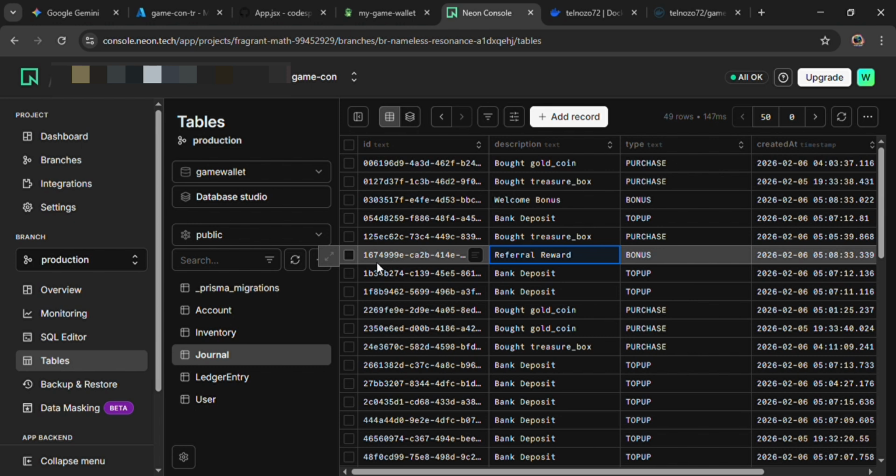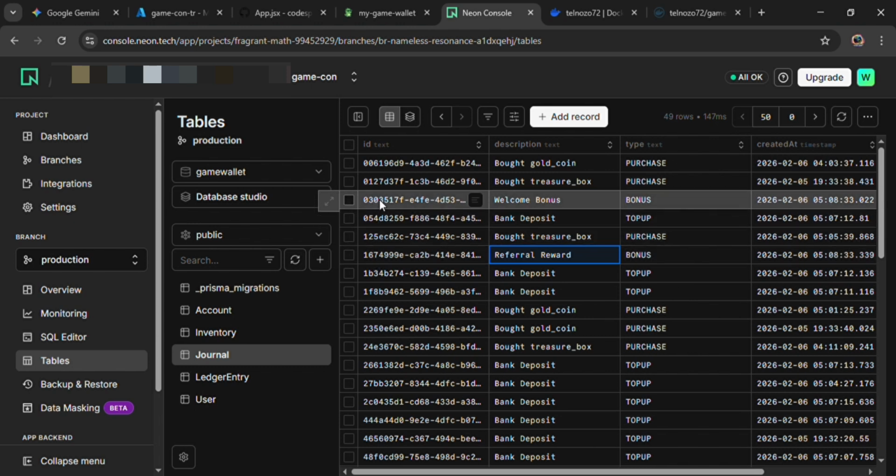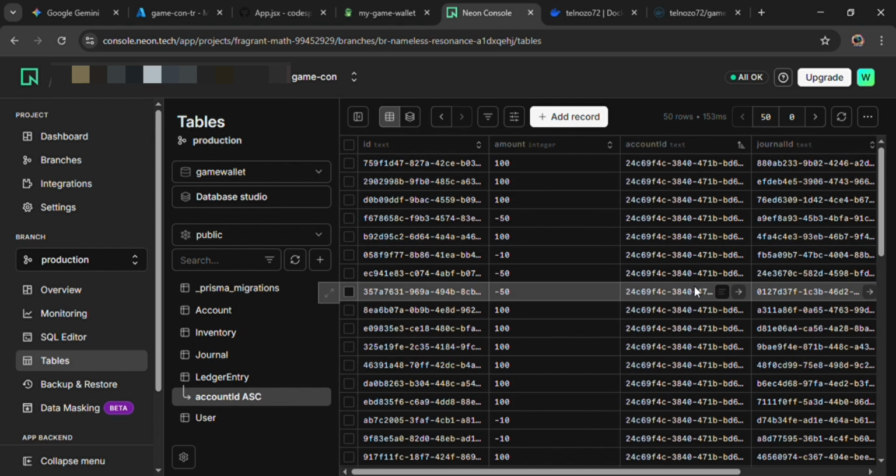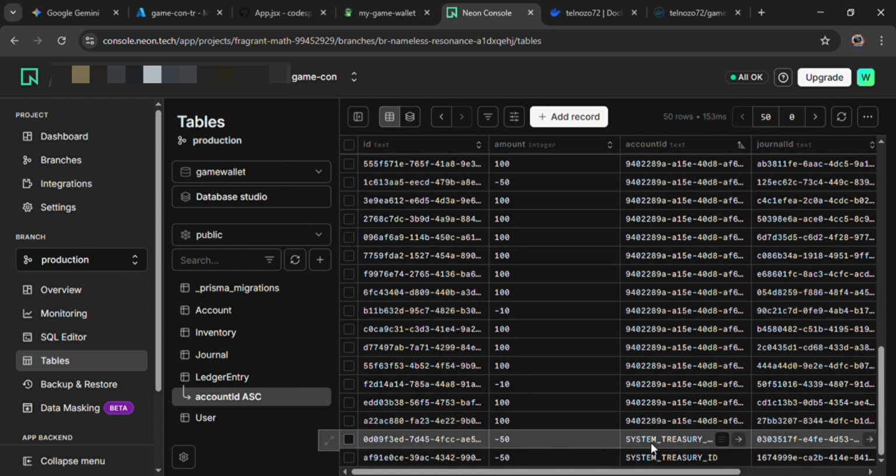Here you can see the journal IDs starting with 03035 and 1674. The same journal entries you see in the ledger entry. Let me check. In the last you can see 03035 and 167499. From the system treasury both 50 got deducted, so that each user gets 50 rupees as a referral